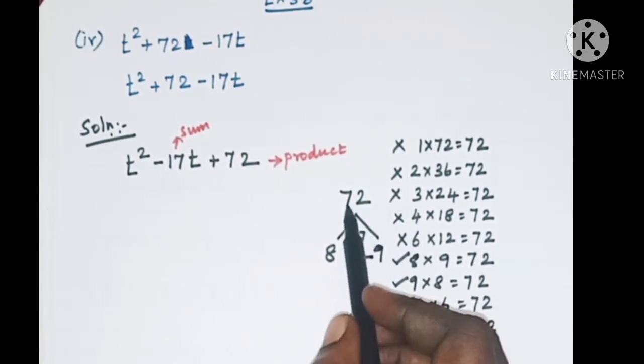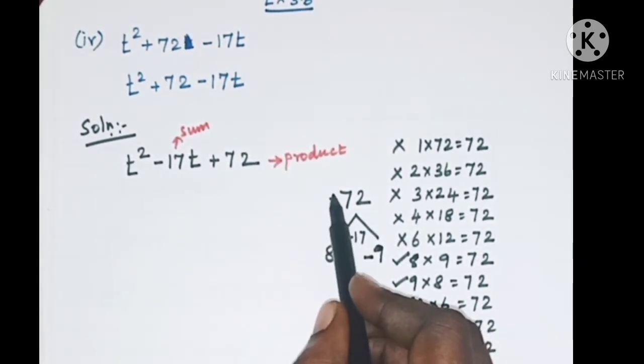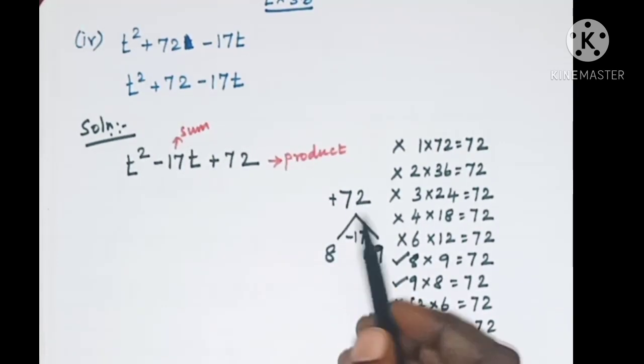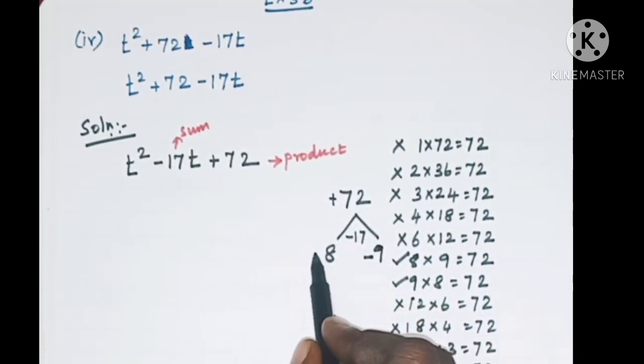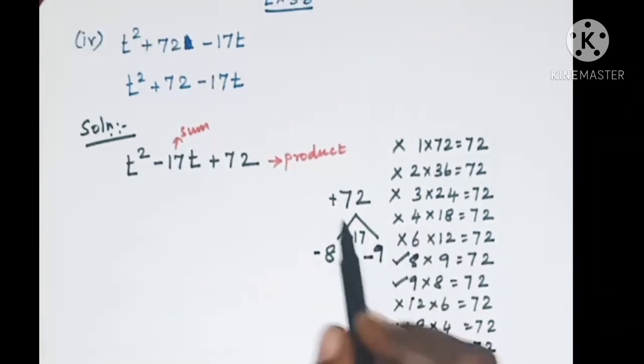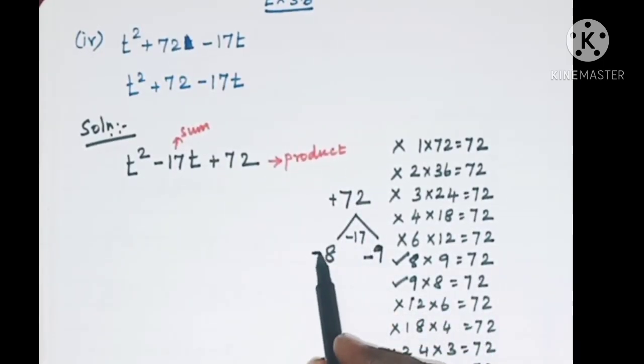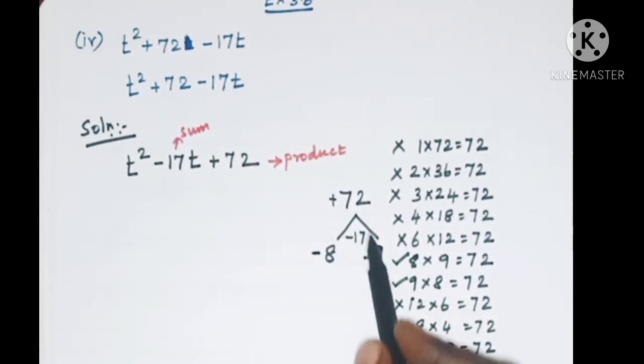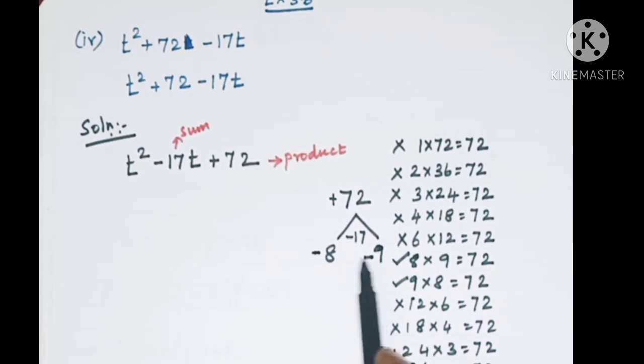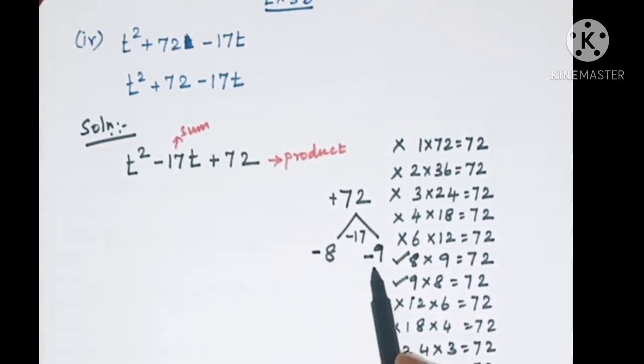But here we have plus 72. In the product we have plus 72. So in both the numbers we should write minus, because we have plus in the product. Okay, so minus into minus plus, 8 9s are 72. Adding these two numbers minus 8 and minus 9, we will get minus 17. So in this case we should put negative symbol for both the numbers.